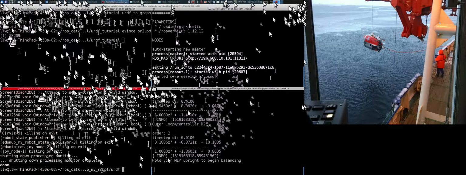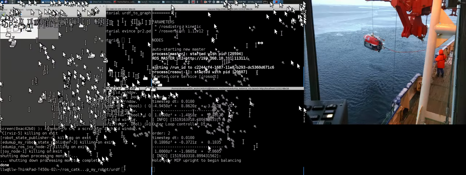Actually, I'll emacs my 01. So there's the URDF file that we saw in the tutorial,